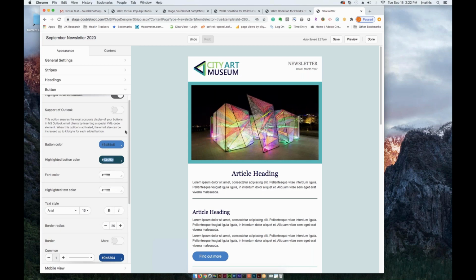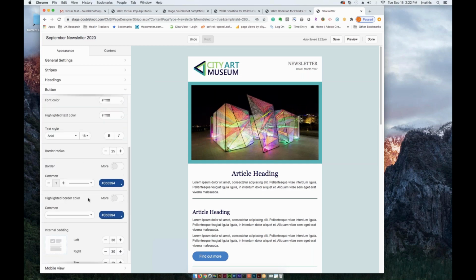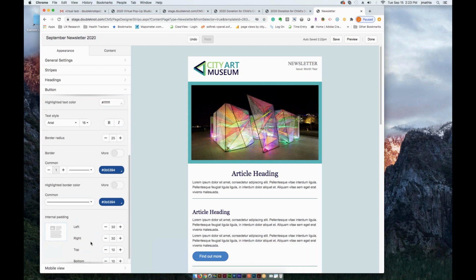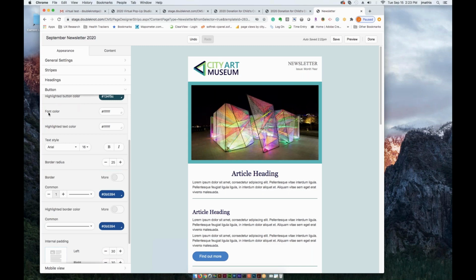You can also type in a hex value if you have a specific branded hex color for your buttons, links, headers. I'm going to go back and put that in like that. So again, you can get very, very specific on how you create your global settings and the button look and feel. The border radius